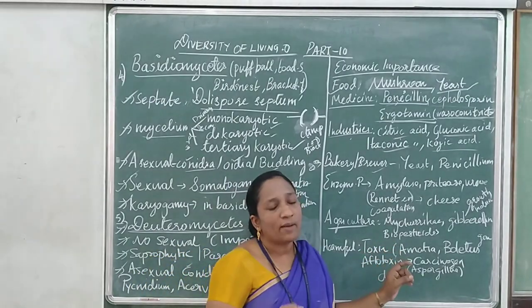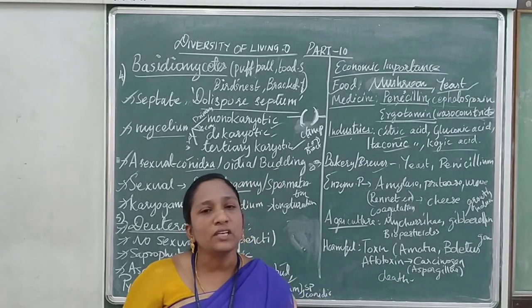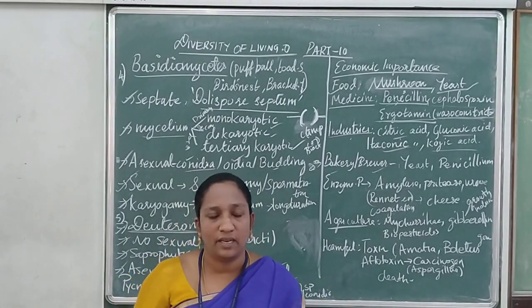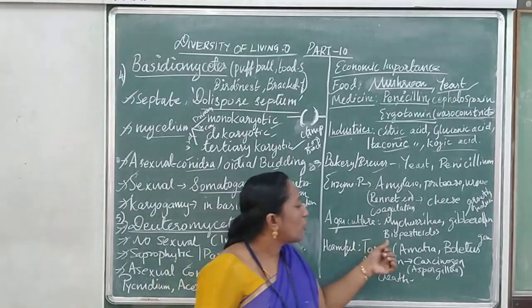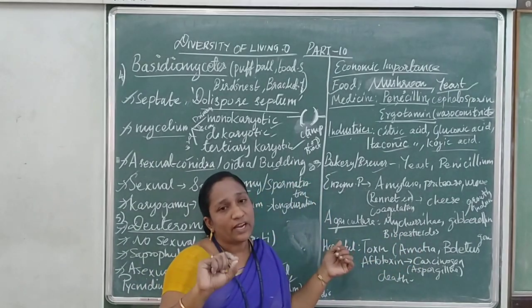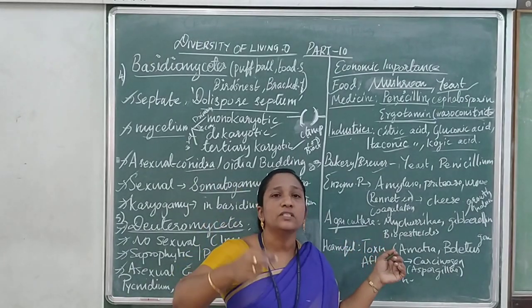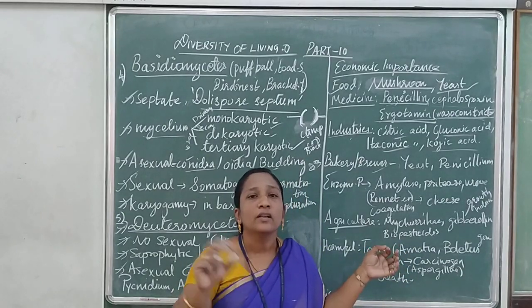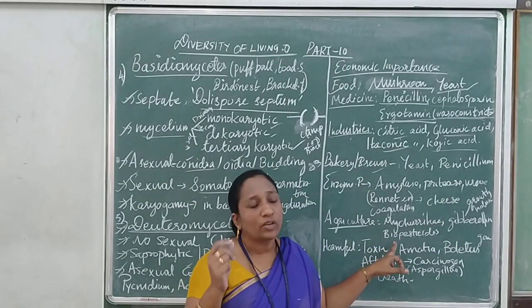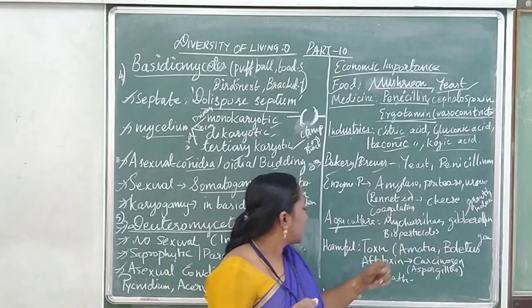So normally, how do we kill the pest? By using chemicals. If you are using chemicals, it not only harms the pest, it also harms the plants. But if you are using biopesticides, if this fungus is introduced biogenetically inside the plant, automatically the plant will not be eaten by the insects. So this fungus is used as a biopesticide.